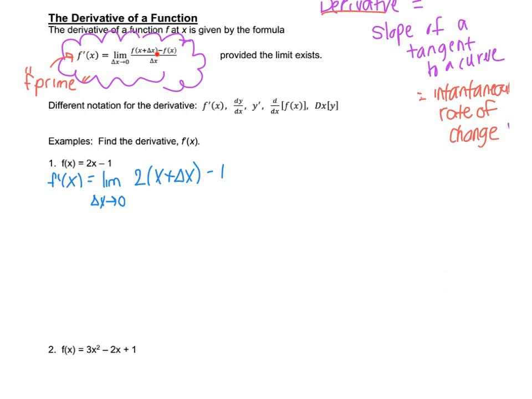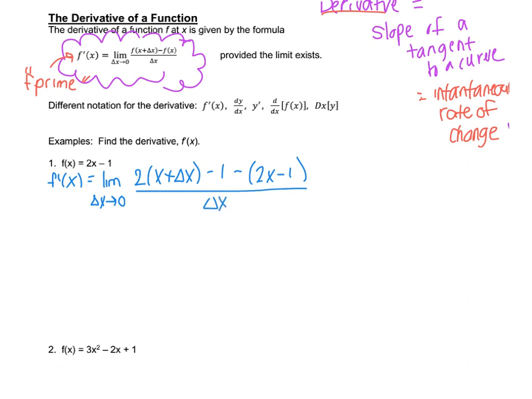Then I'm subtracting f of x, meaning I'm subtracting my function 2x minus 1. So I'm going to do minus f of x, which is 2x minus 1. So this is my numerator,